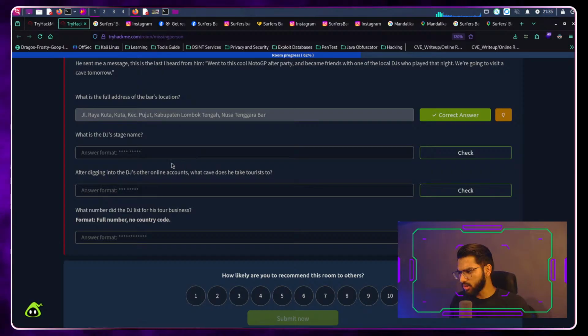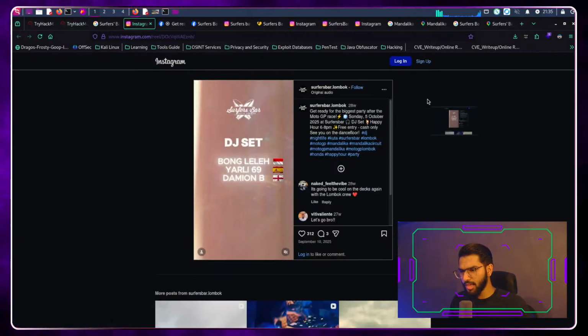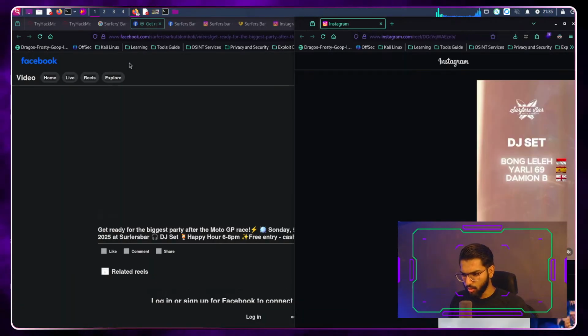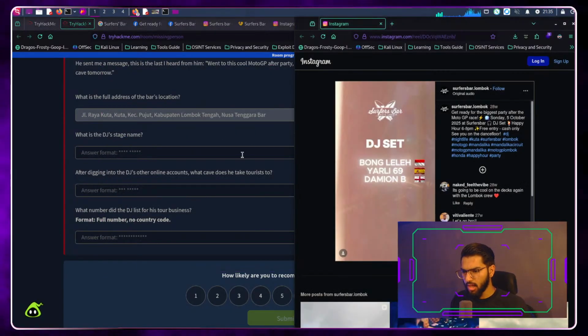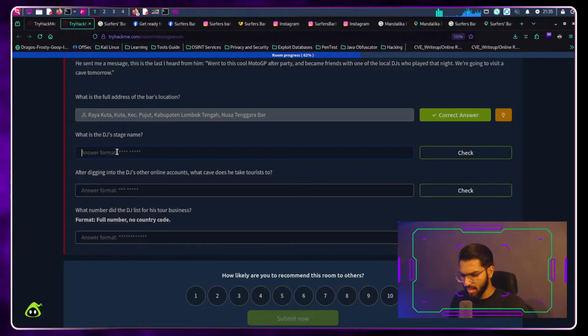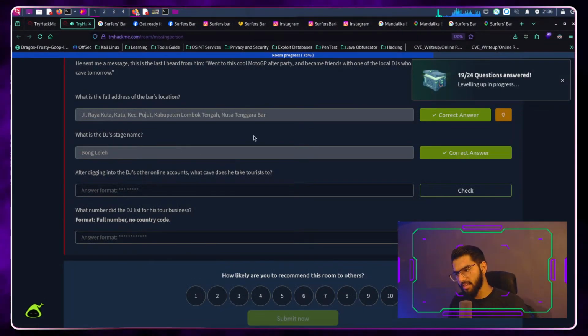So is it possible that we can match any one name with them? Let's do it here. Let's come back right here. Can I make this screen half? Nope, that's not allowing me. Okay, so I can memorize that and type it in here. Bong le Eli LH and pressing enter. That checks it.